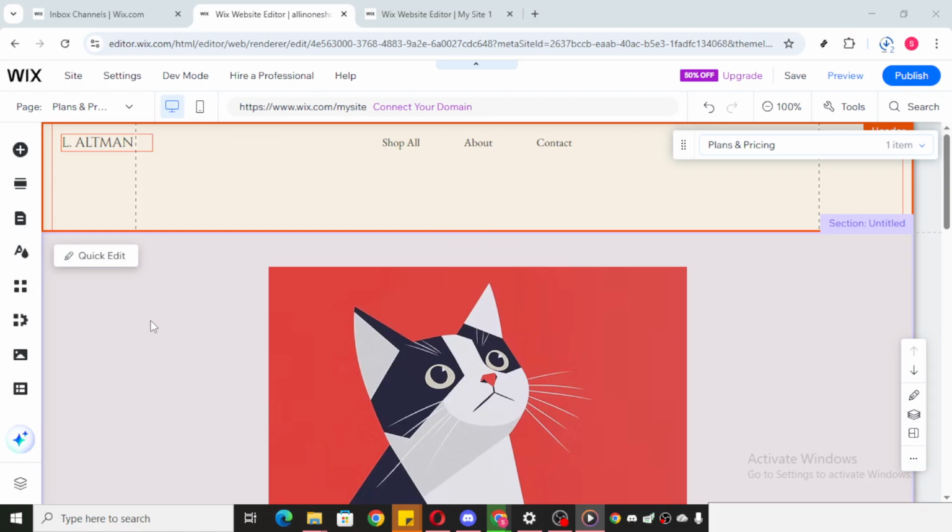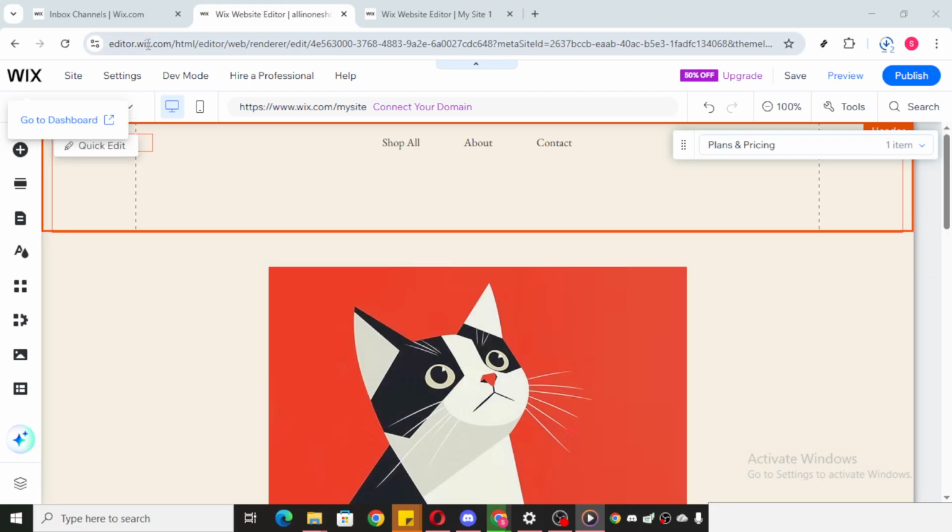First, you'll want to head over to the Wix website. Open your preferred web browser and type in the Wix URL. Once you're there, log in with your credentials. After you've logged in successfully, you'll find yourself on the Wix dashboard, which is essentially your hub for managing all your websites. If you have more than one site, make sure to select the website where you want to add